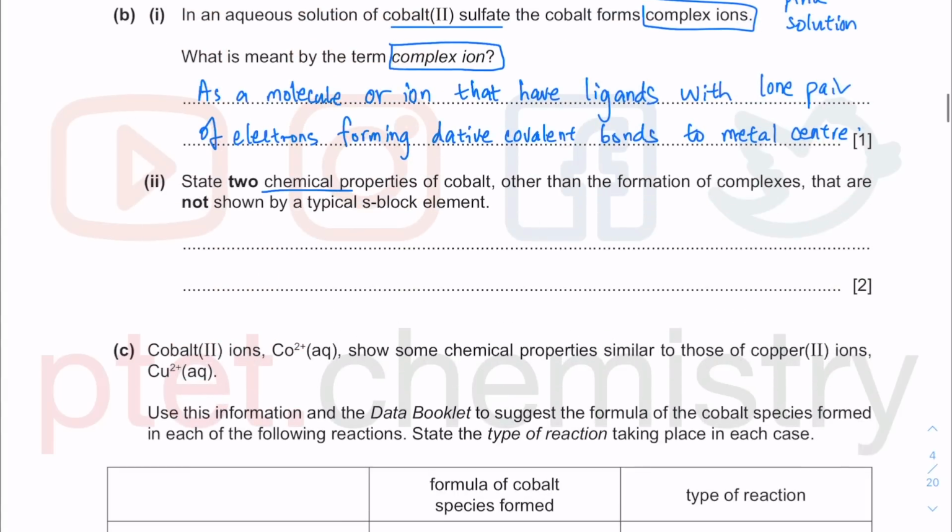State 2 chemical properties of cobalt other than, so you cannot say they form complexes, that are not shown by a typical s block element. They want chemical, so we cannot talk about physical. Be very careful: chemical properties. If they ask for physical properties, then we can talk about some other stuff, but for chemical properties, transition metal complexes can be good catalysts. Well, they want cobalt actually, so cobalt and its compounds